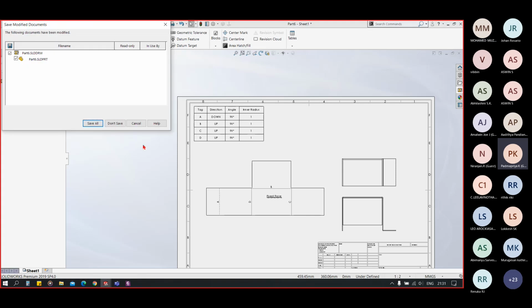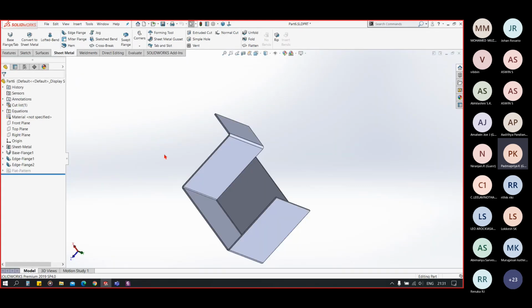So can someone tell me the different types of tables we have learned today till now? Then you have seen the hole table, then the weld table, then the bend table, then the weldment table.